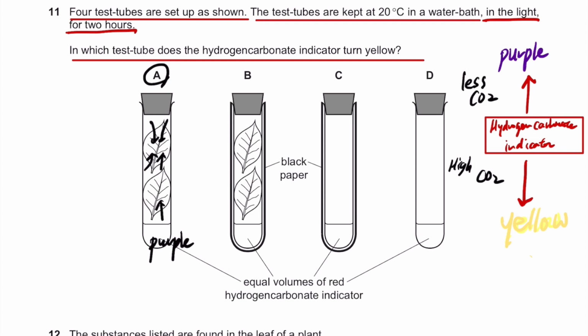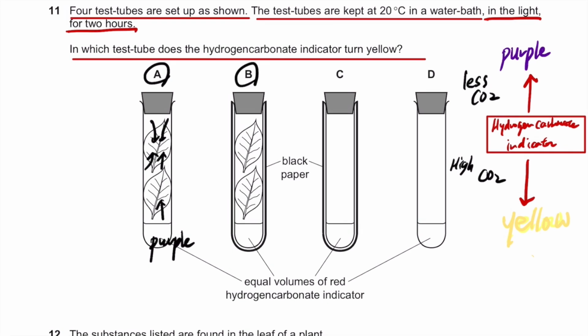But if you look at B, so if you look at this test tube, it's covered by black paper, so the light cannot go through the test tube. Hence, there's going to be no photosynthesis. So the only life process that these leaves will do is respiration. So by respiration, it's going to produce more carbon dioxide. Hence, there's an increase in carbon dioxide,